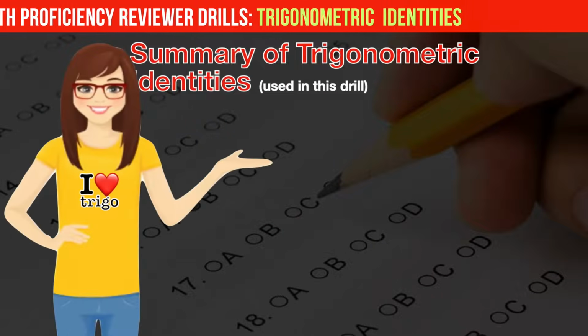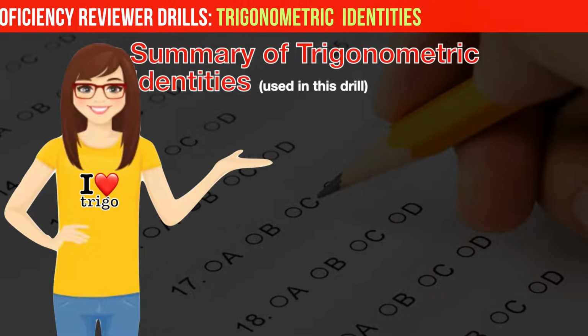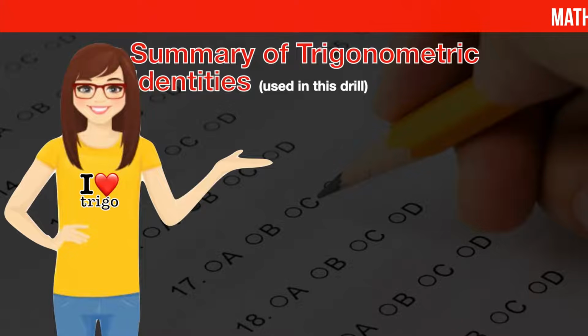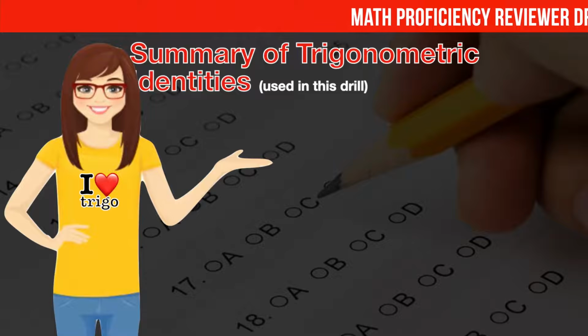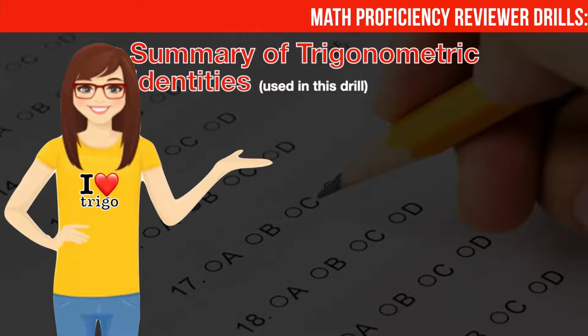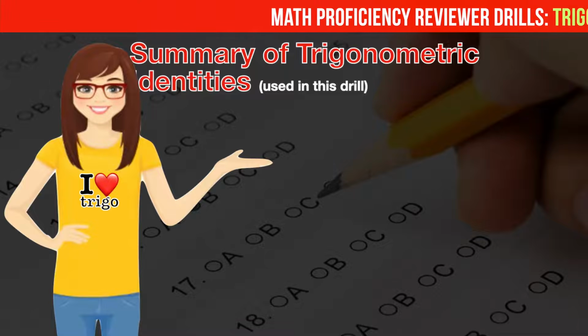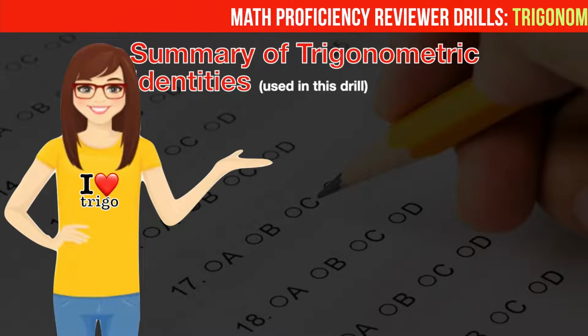And here is the summary of the trigonometric identities that we have used in this drill for your quick reference. Instead of just listing down here the trigonometric identities that we used on this drill, let us present them to you in the trigonometric identity categories they belong to. For uniformity and easier recall, we will use theta as the name of the angles for all the trigonometric identities